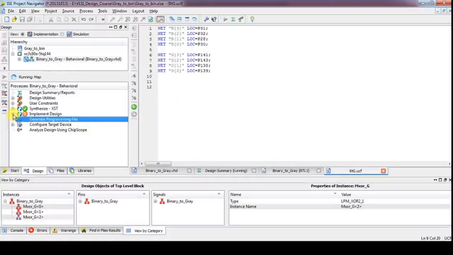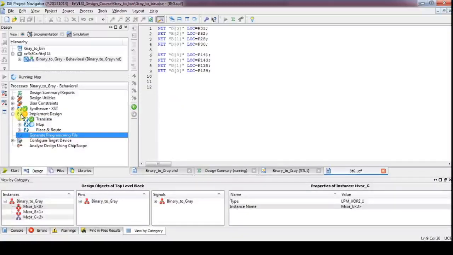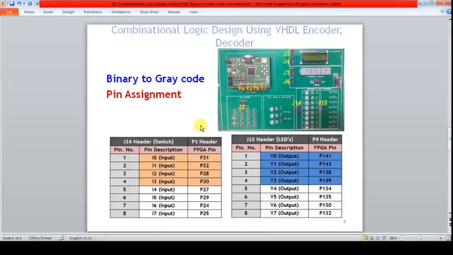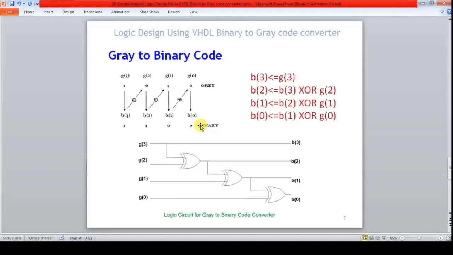Here our bit file is generating. Meanwhile I will tell you the next exercise. Write a VHDL code for gray to binary code. Here is its implementation logical diagram as well as the Boolean equation.